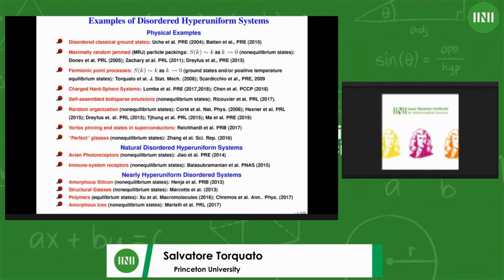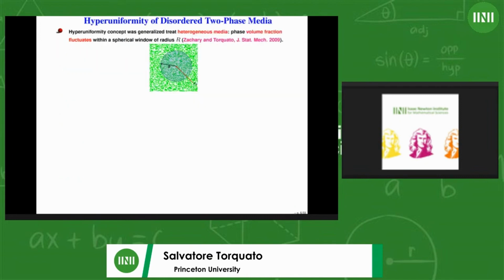And it turns out that it's very, very useful to drive systems that are not exactly hyperuniform, disordered and hyperuniform, to being more hyperuniform. And when you do that, you end up getting improvement in the physical properties, like say, the electronic band gap in the case of amorphous silicon. Okay, so that's a whirlwind tour through the original setting within point configurations.